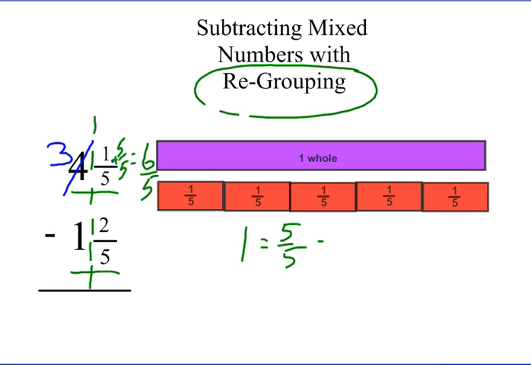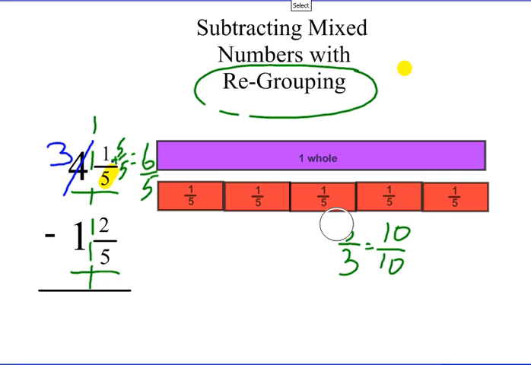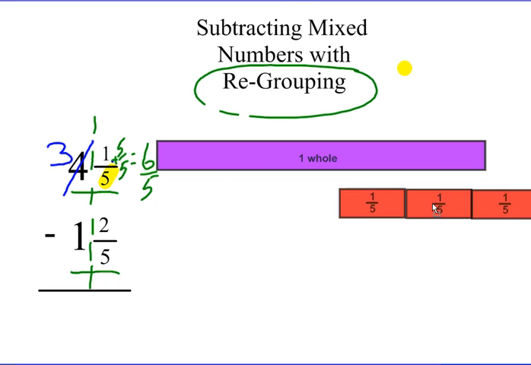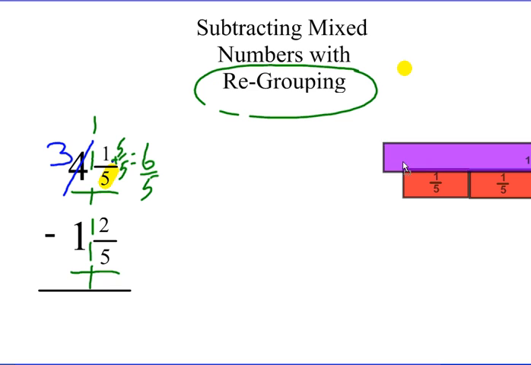Now that 1 whole could have been 3/3, it could have been 10/10. It all depends on what your denominator is down here, what form it's going to take. So again, I borrowed 1 whole and I changed it into 5/5, and I added that to my 1/5. So now I have 6/5,